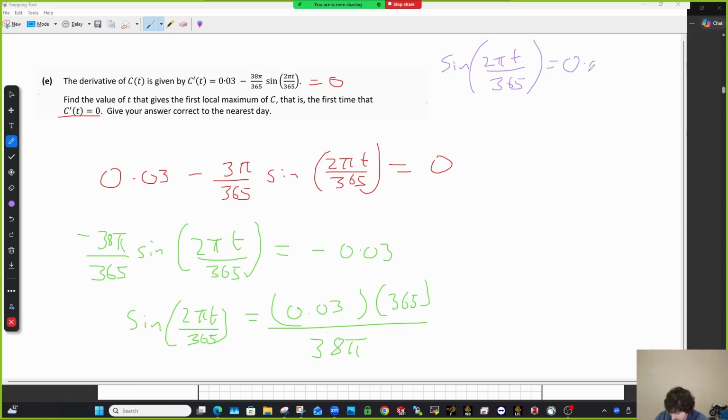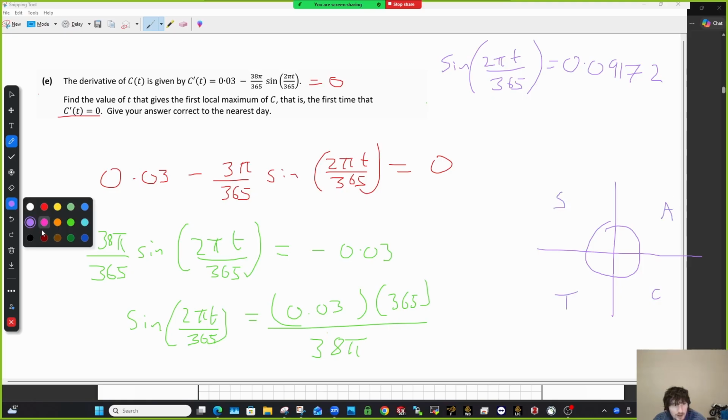We want a few decimal places on this as well if we want an accurate answer. I'm going to go 0.09172. Okay, that's probably enough. Now, what you want to realize here is this is sine equal to this positive number. As I said, I've solved these before. So if what I'm doing here doesn't make sense, go have a look at the trigonometry past paper questions